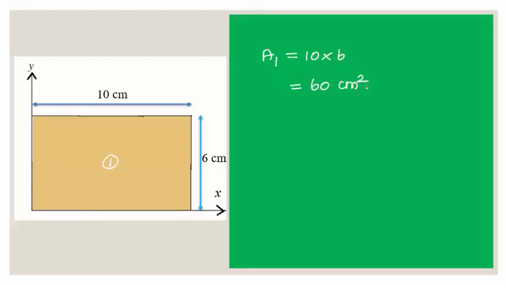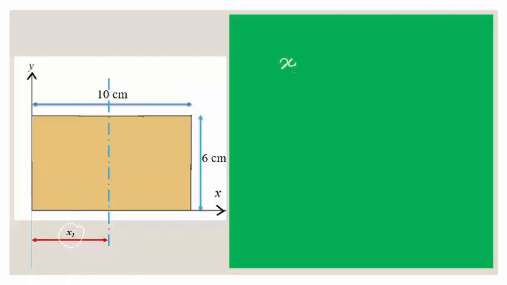Then to locate the centroid of this subsection along the x-axis, we have to fold this rectangular section along the x-axis. So the centroid of this rectangular section along the x-axis will get located from the reference exactly at the midpoint along the x-axis. So this centroid location is located from the axis as denoted by x1. So we can calculate the x1 value by dividing the length of the rectangular section by 2, that is 5 centimeter.